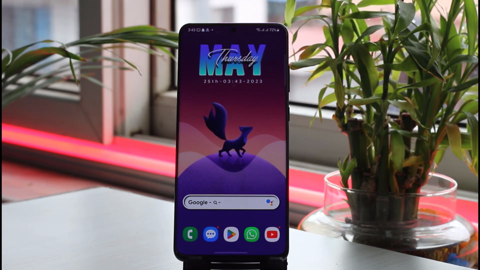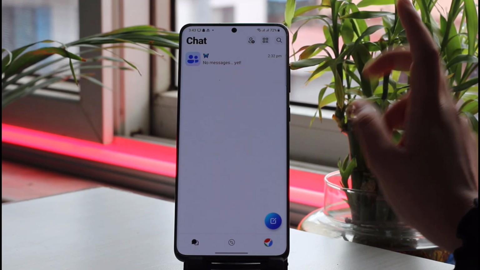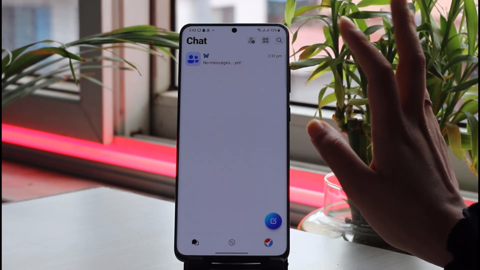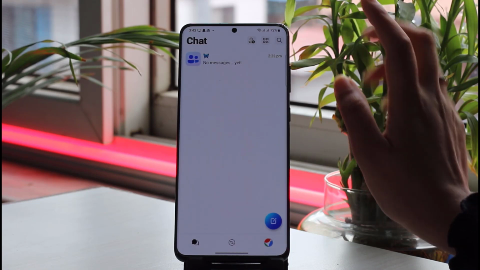And now we will simply just start our video. So if you want to do so, first of all, go to your mobile phone and open your GroupMe app. Once you open it, you will see this kind of interface right here, all your chats and etc. So if you simply want to leave a group, you will go ahead and